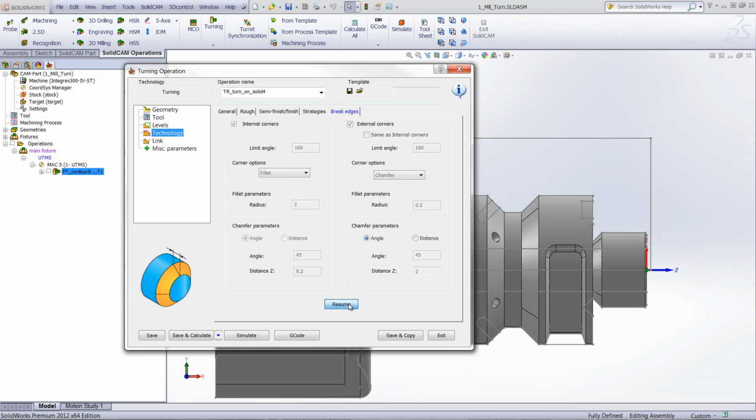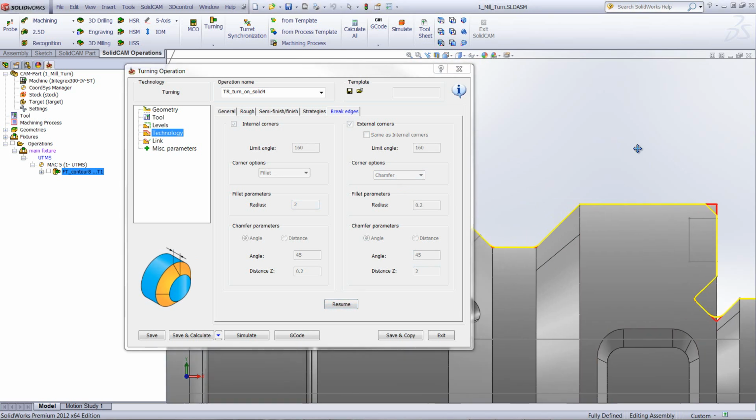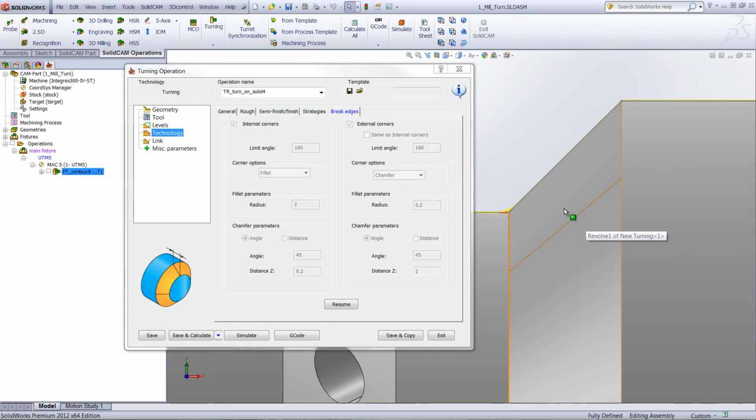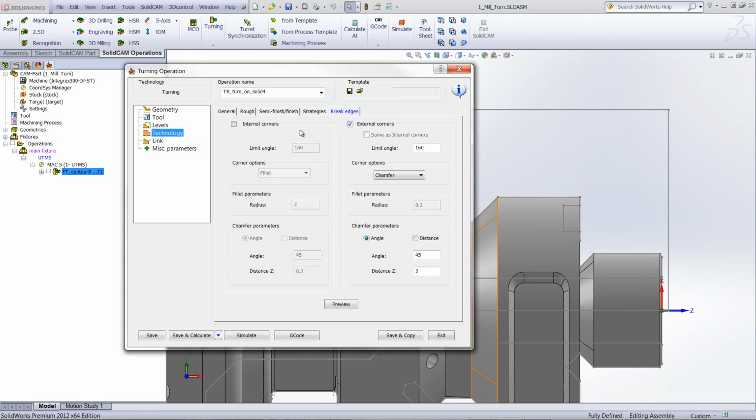If I click on preview, you can see the chamfer that was over there. You can see the radius that was created over here. And this is done all automatically without making sketches on the part itself, just by using internal corners and external corners. Right now I'm going to just work without doing my internal corners and external corners, and let's go now